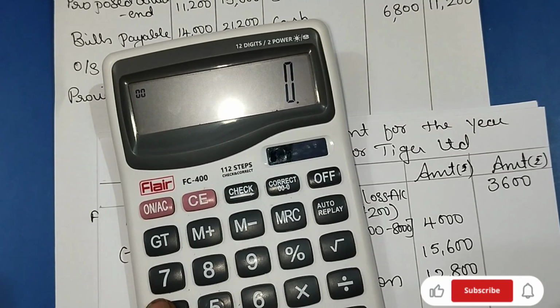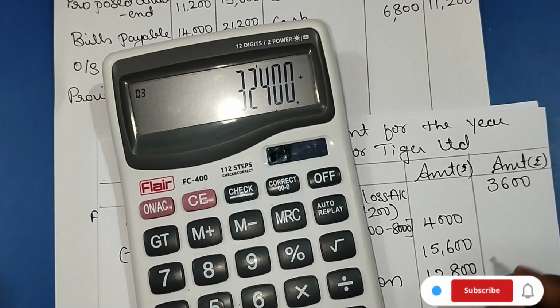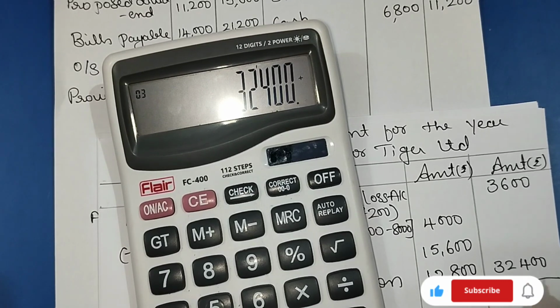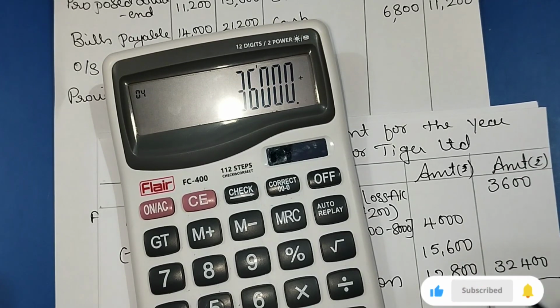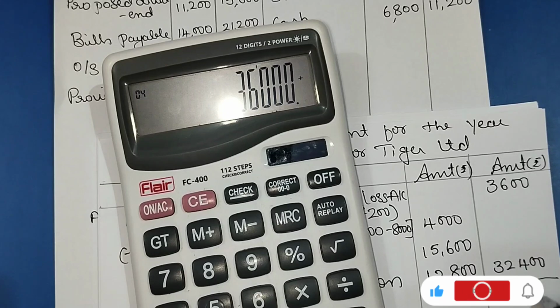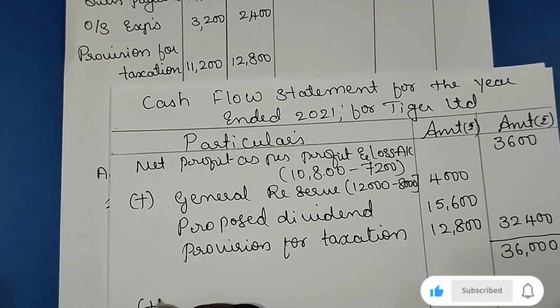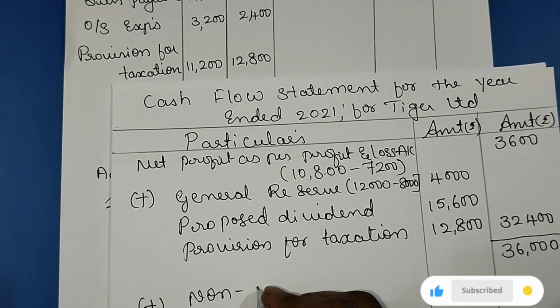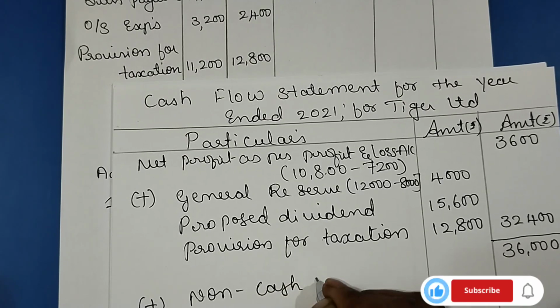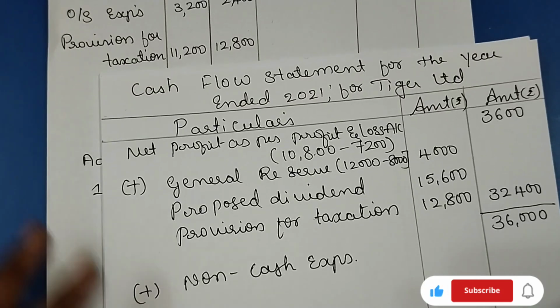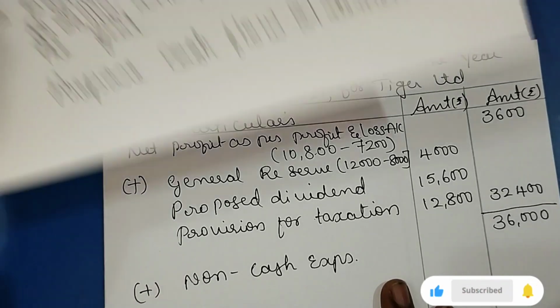4,000 plus 15,600 plus 12,800, 32,400, plus profit 3,600. Total 36,000. To this amount, we are adding all non-cash expenses or the operating expenses which we have debited to the profit and loss account. So the first item under non-cash expenses is